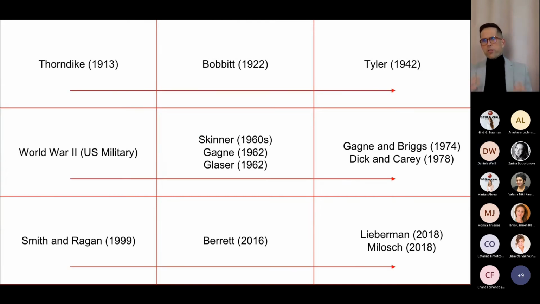Instructional designers today consider the work of Thorndike, who introduced his instructional strategies in 1913, as very valuable and, I would even say, essential for instructional design development. Thereafter, in 1922, Bobbitt introduced his work on job analysis, and Taylor followed in 1942 with his work on objectives and criterion reference testing. During World War II, the US military made extensive use of technological devices for training,